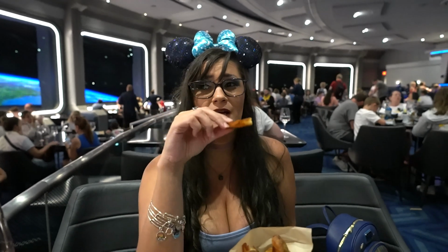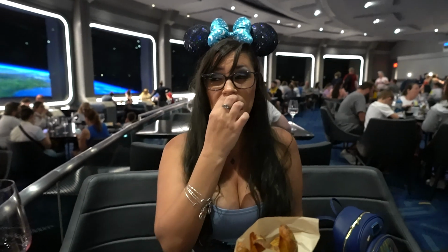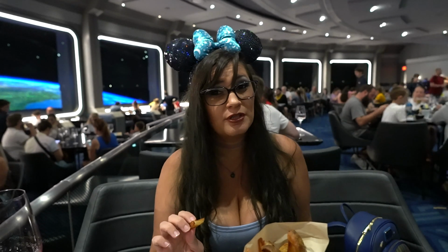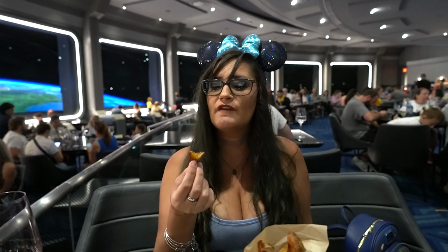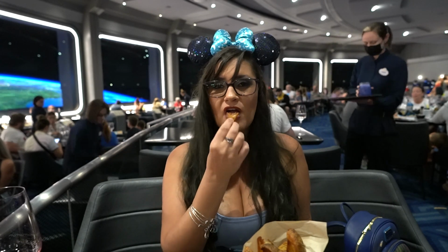We actually had these last time we came here and they were stupid salty. So let's see if they've changed. They're still a little salty, but not as salty as they were before. And I love the wedge potato. It's like eating a little mini baked potato. 4 out of 5 potatoes. I need mustard. And it'll be like